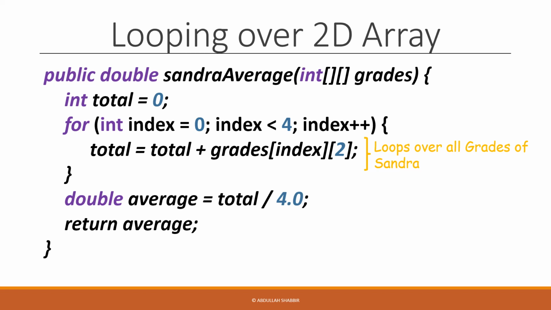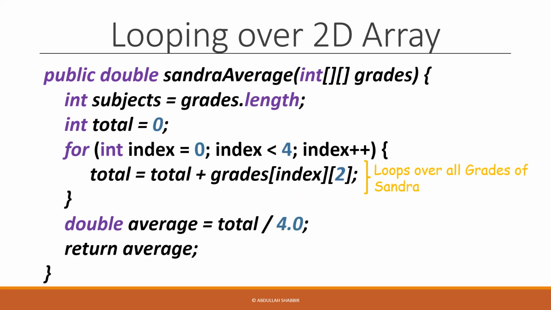First of all, these numbers 4 and 2 and 4.0 don't really mean much to someone who hasn't seen the array before, especially if they don't know what the array has inside it. So to make the function more generic, we can actually figure out those numbers inside the code itself. Like 4, which is equal to the number of subjects, can be deduced from the two-dimensional array that's passed in as a parameter. We can do that in the very first line of our function by using the keyword length